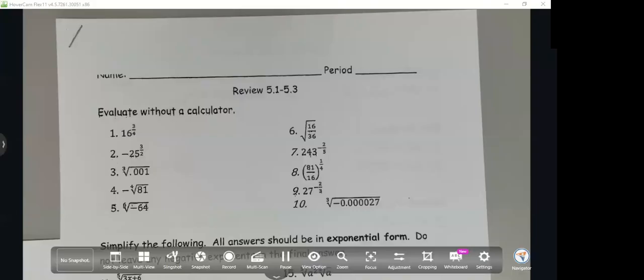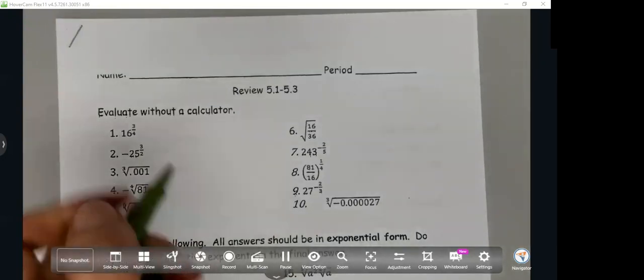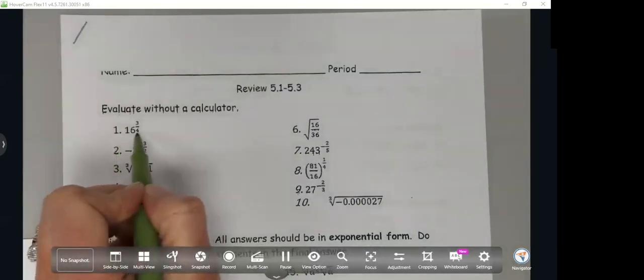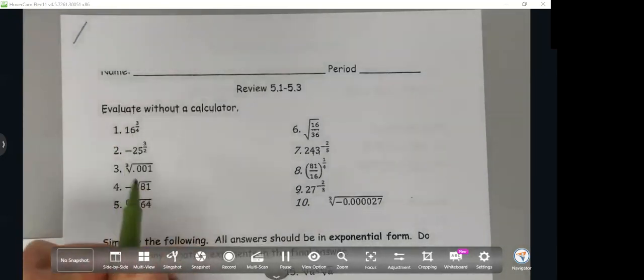All right, guys, we're going to work on this review. So here's how you're going to do these. Evaluate without a calculator. So we know that this is talking about the fourth power of the cube root of 16. So